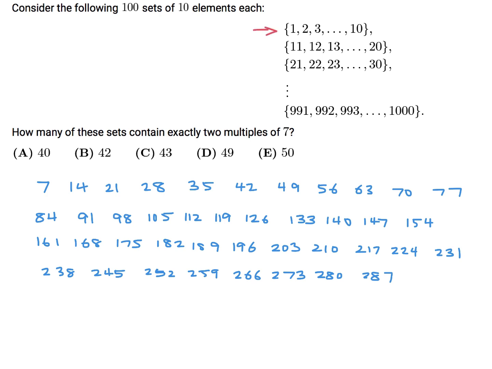So each of these sets, like 0 to 10, 1 to 10, 11 to 20, 21 to 30, and so on. So let's see what happens. So we got 1, 1. This one has 2. That one, this one has 2. Then we have, let's see here,